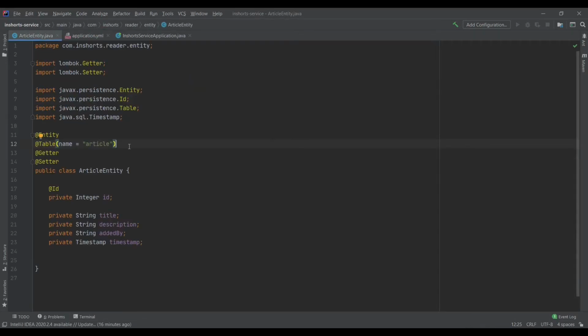This is generally not a good practice, creating tables with the help of Java, but let's explore this first. Now we know this is the name of the table that would be created, and these would be the attributes. But how would it know what the columns would be under this table? Every attribute in your entity class is treated as a column, and the name would be by default these. Let's say you are not happy with this name and you want it to be added_by.